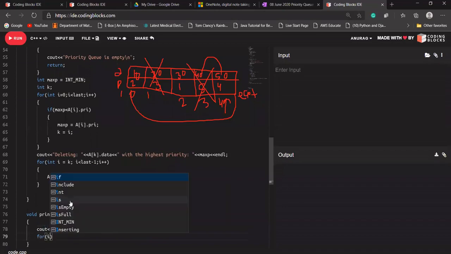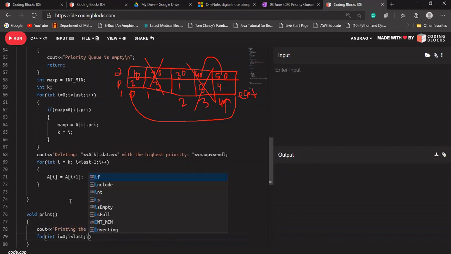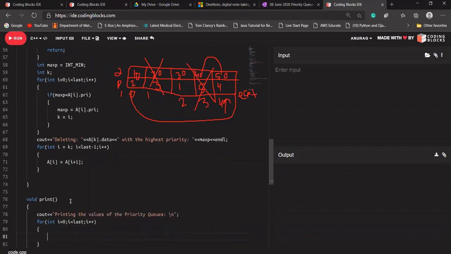For int i = 0, i less than n, sorry, i less than last, i++, cout a[i].